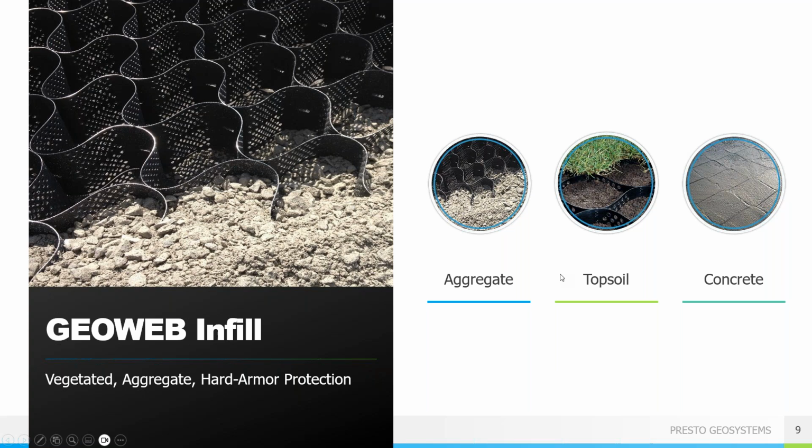So the second attribute is the infill. We can fill with aggregate, low quality aggregates such as sandy aggregate mixtures, topsoil and vegetated, or even concrete. When we're talking about our walls, we're really always going to fill that front fascia with one of these 3 different types: topsoil and vegetated. If it's a more hard armor, we can fill with aggregate or concrete, in areas that may be subjected to some erosive forces such as wind or water. So when you talk about the different fascias, this is just a front cell.